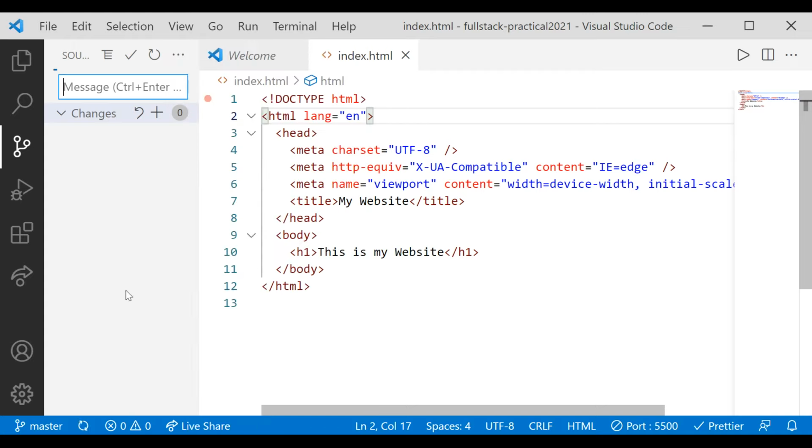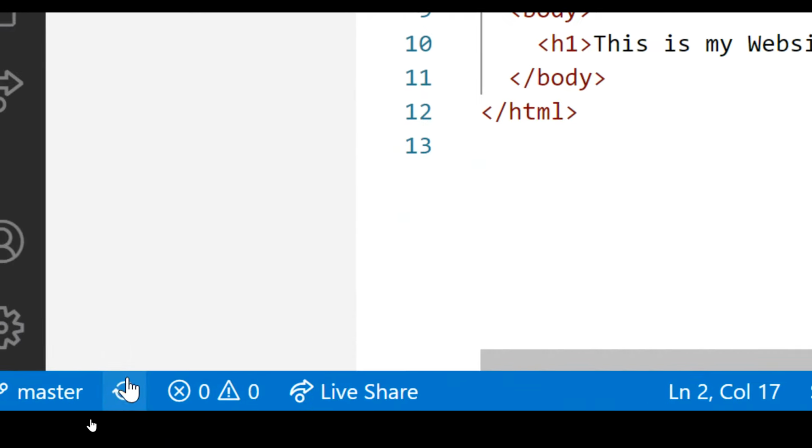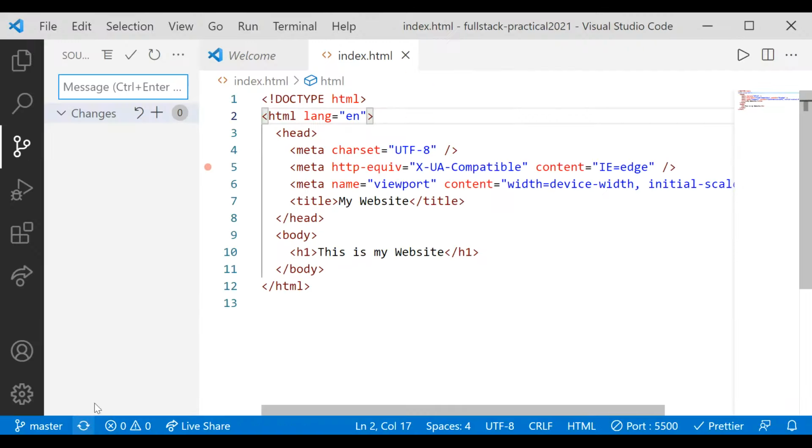जब मैं इस पे पुश पे क्लिक करूंगा एंड यू कैन सी दैट नीचे यहाँ पर एक सर्कल सा घूमने लग जाएगा। इट इंडिकेट्स दैट वी आर गोइंग टू सिंक्रोनाइज द चेंजेस, कि वीएस कोड आपके चेंजेस को सिंक्रोनाइज कर रहा है विद गिटहब। सो वंस इट स्टॉप इट मींस चेंजेस हैव बीन डन। सो नाउ यू हैव टू गो बैक टू योर गिटहब अकाउंट।